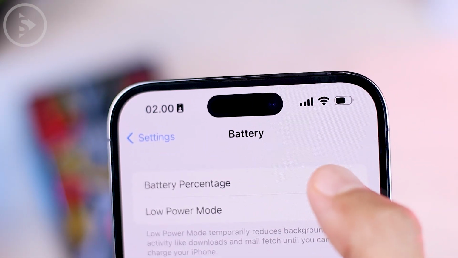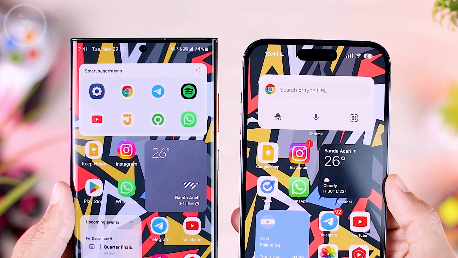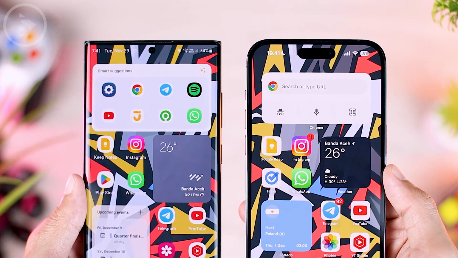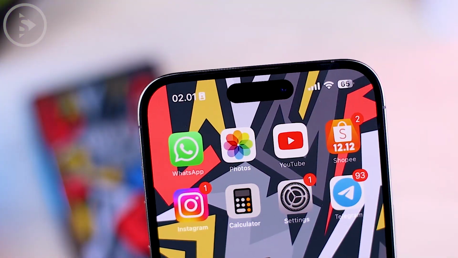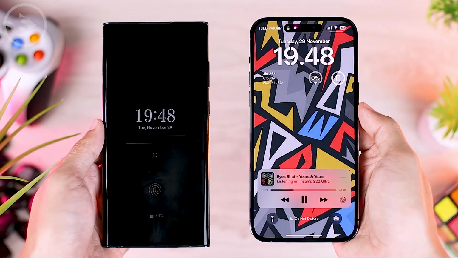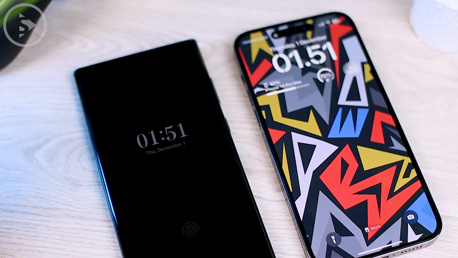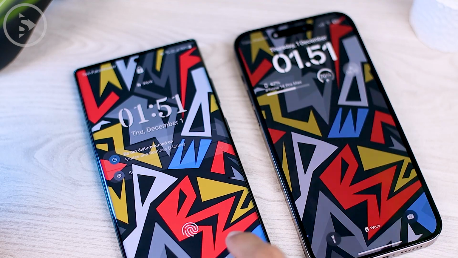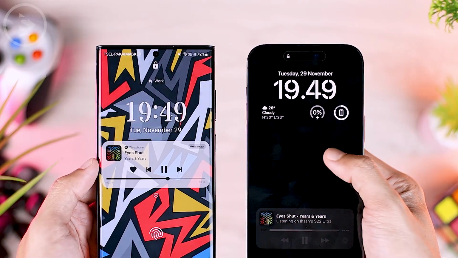And so far, even though it seems that many iOS 16 features have been adopted by One UI 5 after its release, however, there are also several new features on iOS 16 being added recently, even though these features have been around for a long time on Android. For example, the new battery percentage feature that was just available in iOS 16. Then there is also the latest always on display feature in iOS 16. Now the always on display feature in the iOS 16.2 beta version also looks very similar to the always on display implementation on Android, which is already available for a long time on Android.